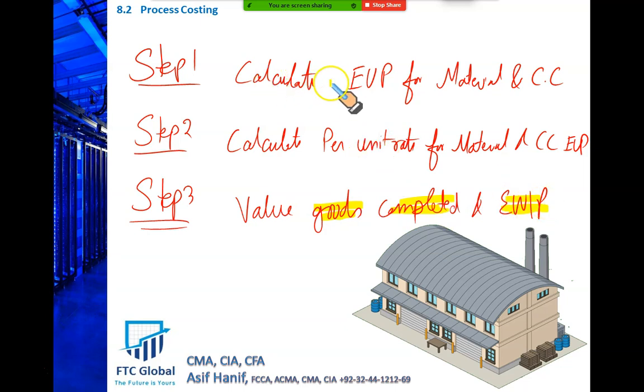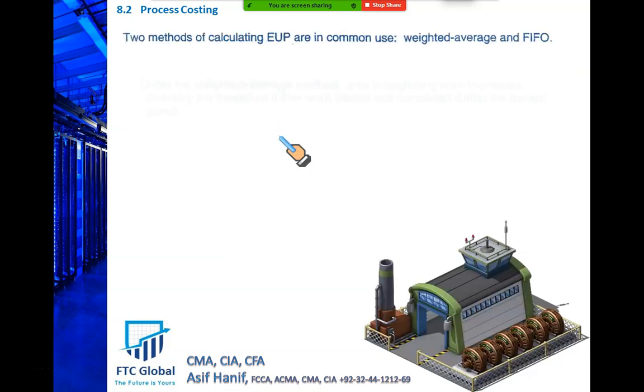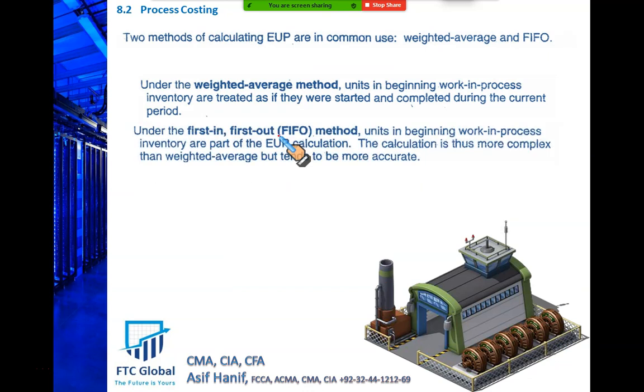First step is to calculate the equivalent units of production for material and conversion cost. I told you your cost of production will be split into these two categories only. One is the material cost and another is the conversion cost. This is the first step. So let us first discuss what is EUP. Once we learn how to calculate EUP, then we will discuss the two methods, FIFO and weighted average. So let's keep these steps here because we will come back to them again. These are the two methods which we will be doing: weighted average method of valuation and first in first out method of valuation. I will explain them in detail.